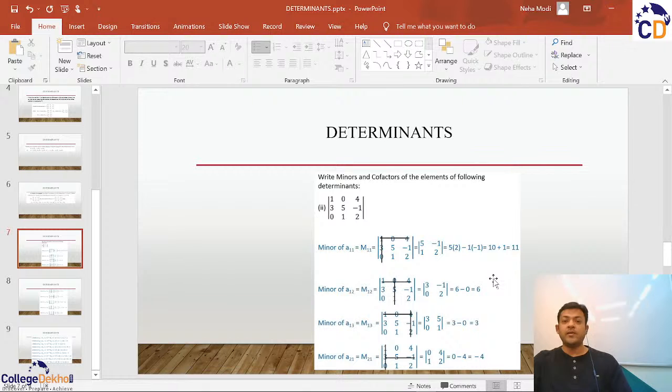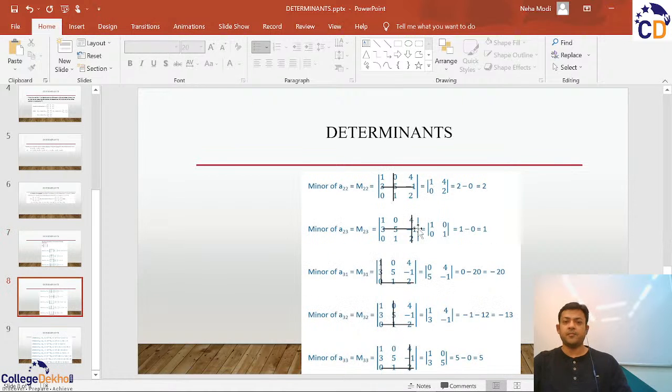Now, how to calculate the cofactor? The question says calculate the minor as well as the cofactor. In order to calculate the cofactor, it's a very simple exercise that we need to follow. The steps are, we first need to calculate the minor, which is clear to everyone, I hope. So step 1 is to find the value of the minor. Then